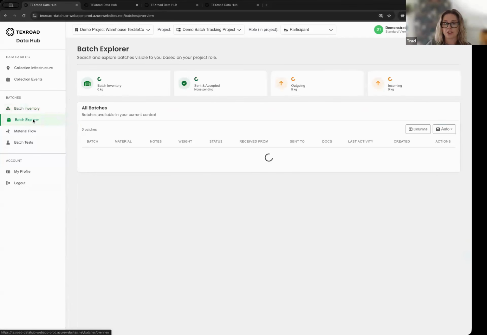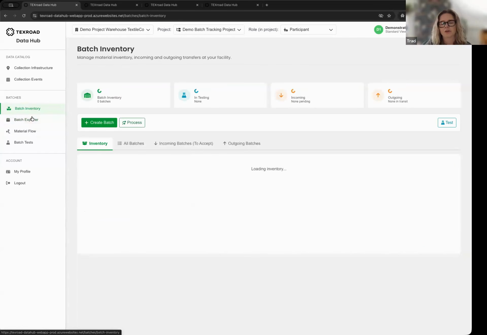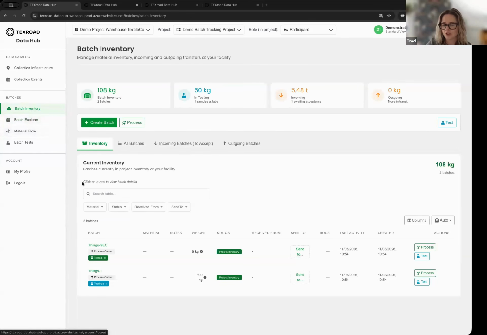You can also see through the Batch Explorer all the historic batches. So if you received something from a partner, you did something to it and you sent it to someone else, it'll still be in your Batch Explorer so you can see a full history, but it isn't going to be in your inventory any longer because it's no longer sitting in your facility.